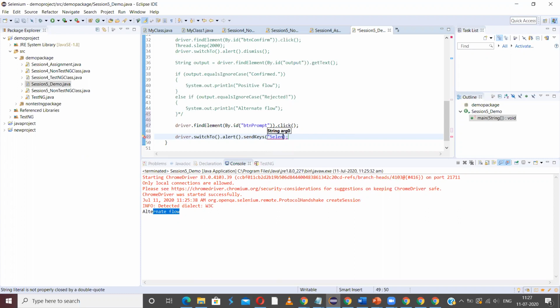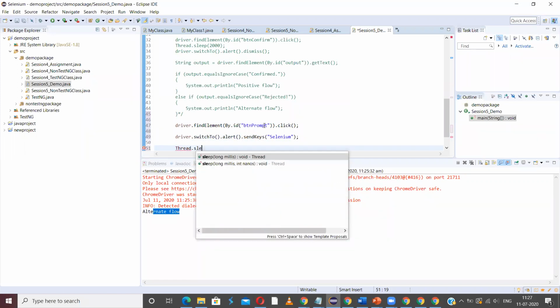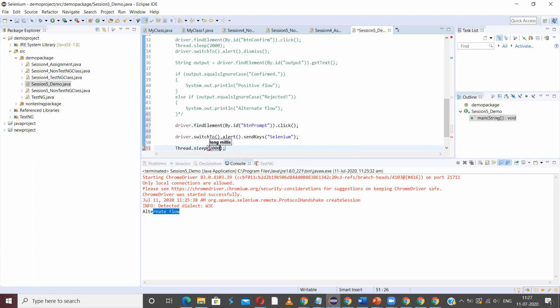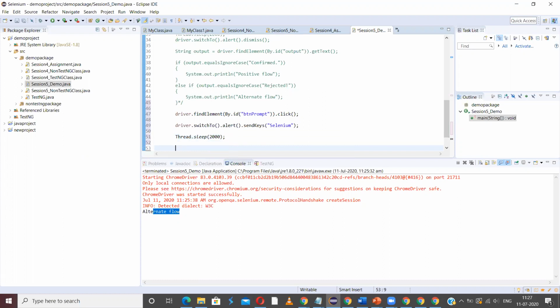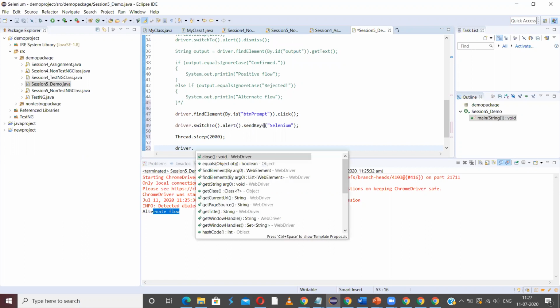Let us give this text, and then let us wait for some time. And let us accept it.